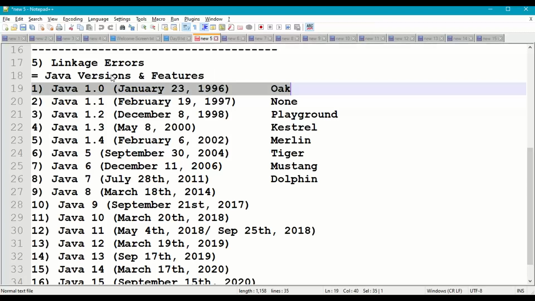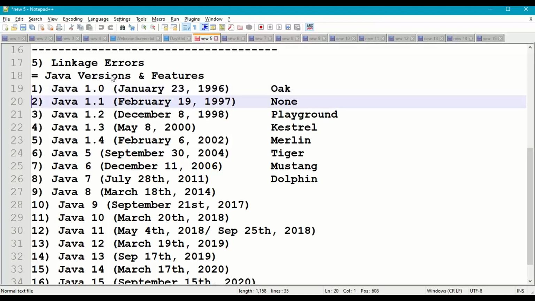Java 1.0, January 23rd, 1996; 1.1, 1997; 1.2, 1998; 1.3, 2000; 1.4, 2002; 5, 2004; 6, 2006; 7, 2011; 8, 2014; 9, 2017; 10, 2018; and again 11, 6 months later, September 2018; and then Java 12, 2019